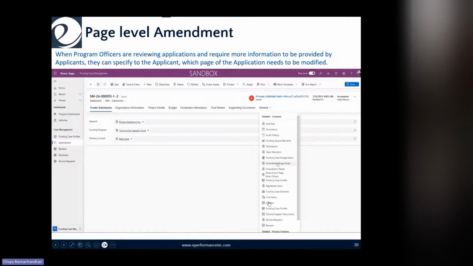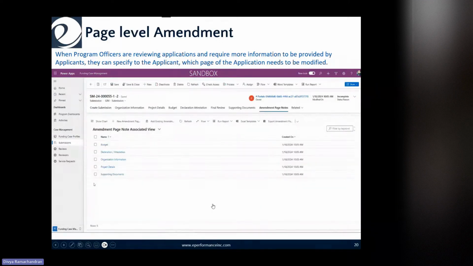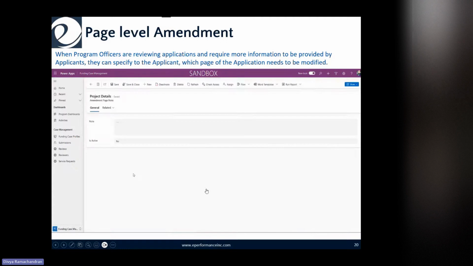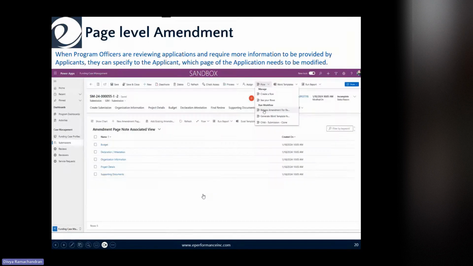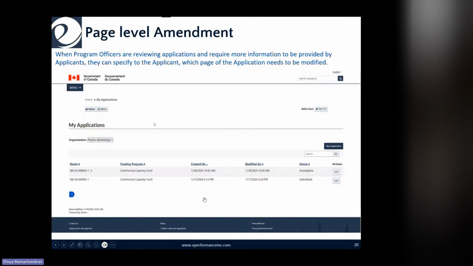And then what they do is they have the option to add amendment notes. Now, the amendment notes are dependent on the page. So in this case, I want to say project details doesn't have the right information. I'd like the applicant to actually put in the right information. So what I do is I add the notes, I run a flow, and when the applicant goes in, they